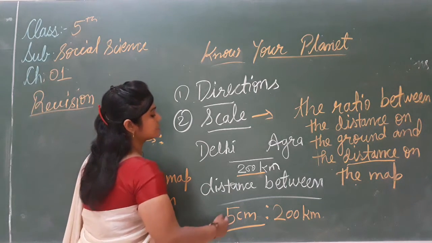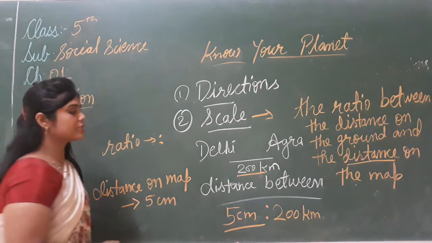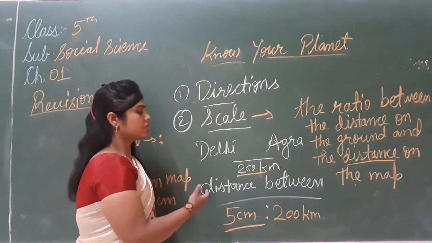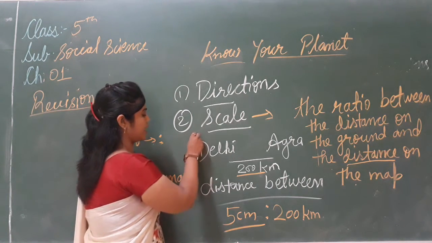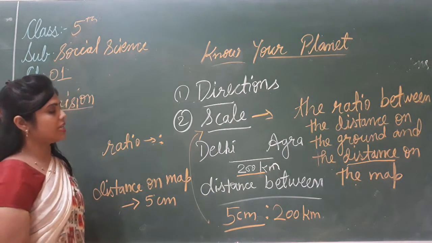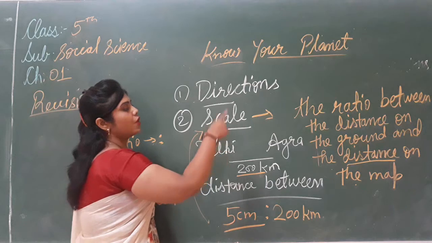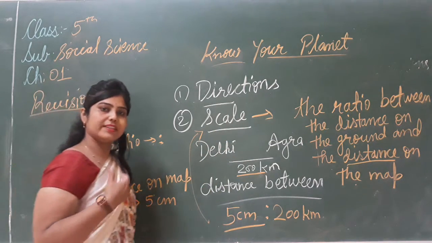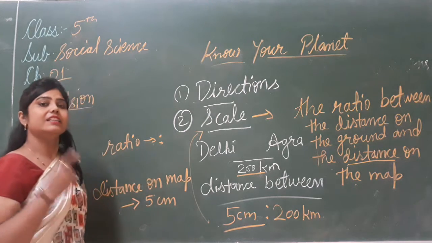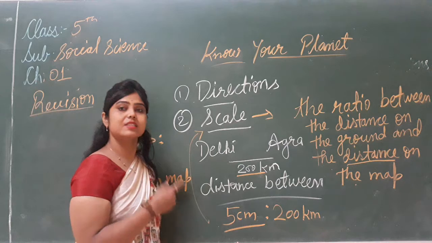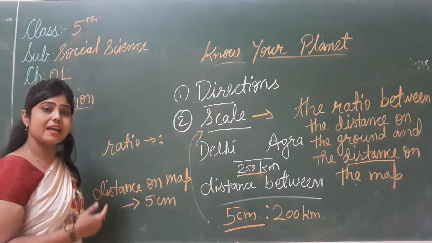So this is the scale, because it is not possible to show the actual size. So what can we use? We can use the scale. So what is the scale? The ratio between the distance on the ground and the distance on the map is known as